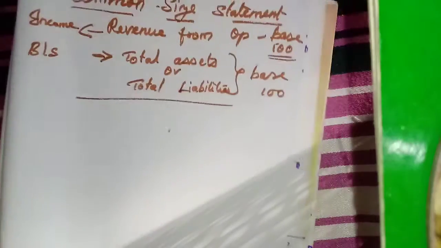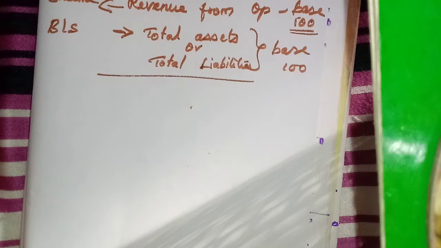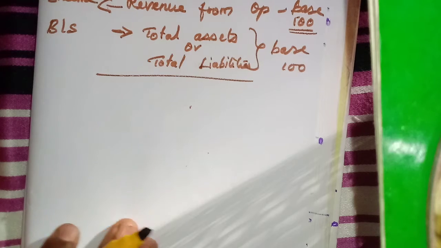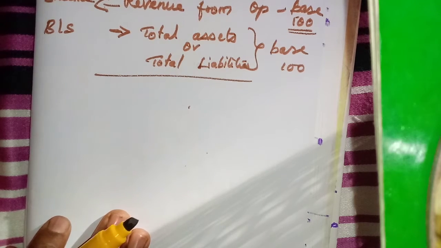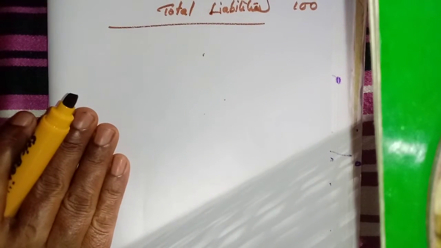Here we have completed the exercise up to 3, isn't it? Then 4, the financial position, we have not completed. You can do that one. The same way you have to find out the increase or decrease and calculate the percentage, in the same method only. So today we will see the common size statement.